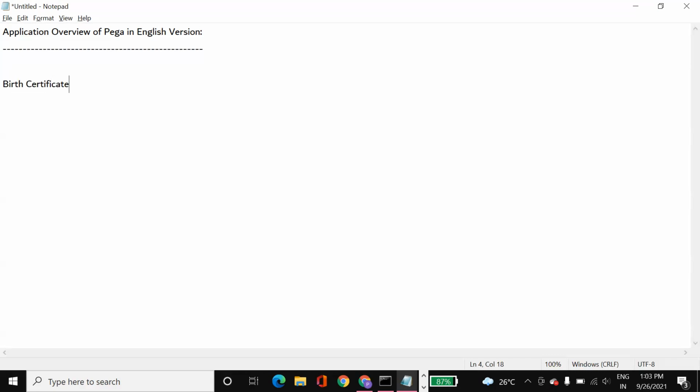So what is the process? The process involves filling the application form and submitting it to a relevant secretary or revenue officer, village revenue officer, or whatever.